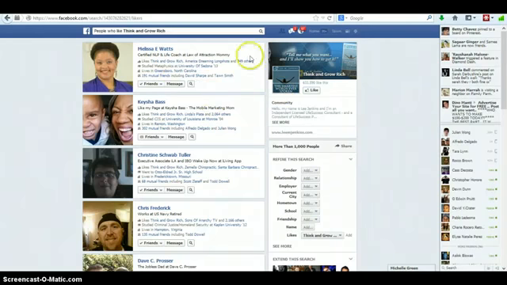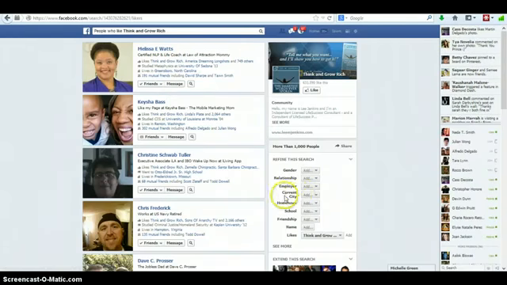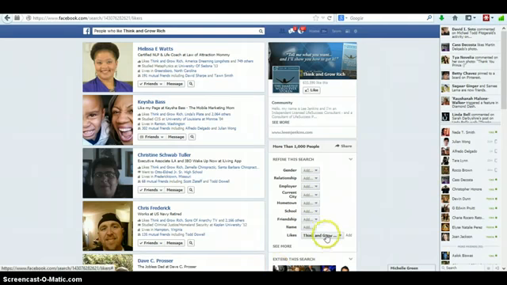So that being said, once again, this is what you're going to see: all of your friends. This is what you want to look at. You see this? More than 1,000 people that you'll see if you continuously scroll down, which I'm not going to do right now because I want to show you how powerful this is. We can refine our actual search. We can search by gender, relationship, employer, current city, hometown, school. I can go on and on and on.